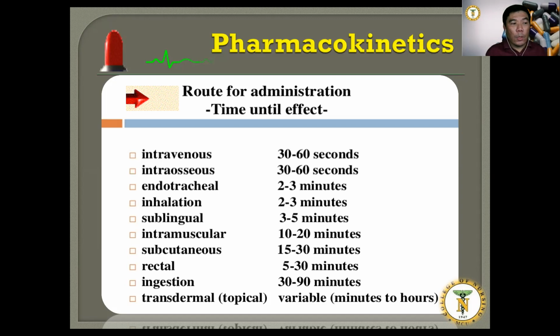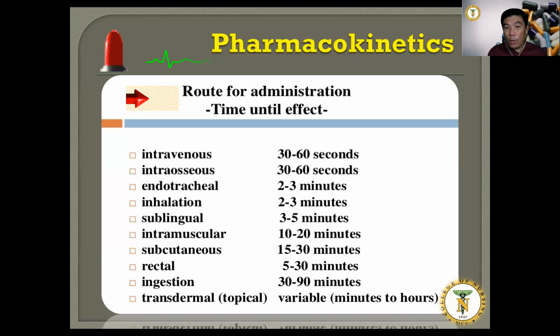That's why it was reiterated here that the intravenous and the intraosseous routes of administration have direct access to the blood, specifically the plasma, and may introduce an immediate maximum concentration and maximum time of effect. This is compared to the transdermal route, which may vary because it passes through the different levels of the skin, the subcutaneous tissues, then the blood vessel, then intravascular, before it will reach the plasma.